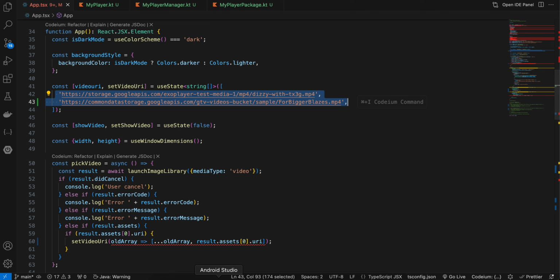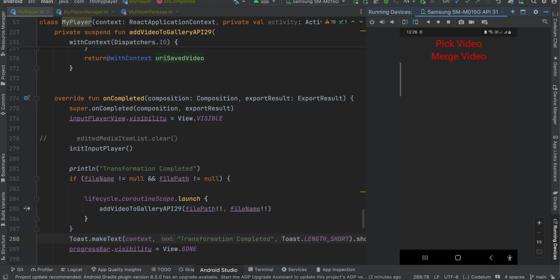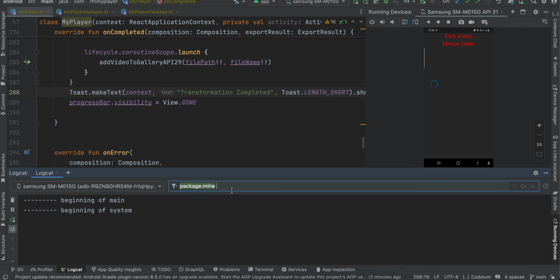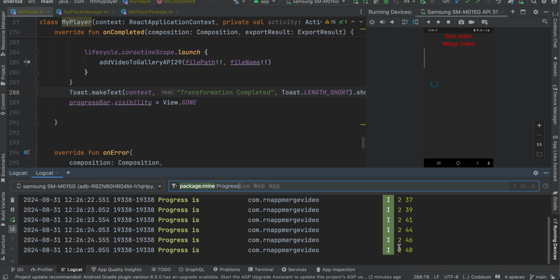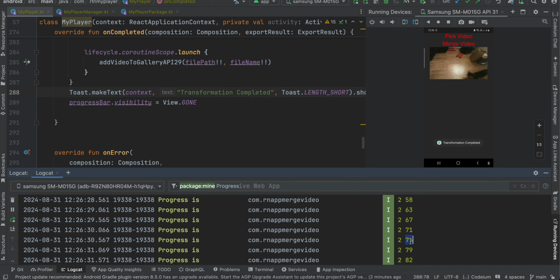Now I'll just click on merge video. If I go to logcat, here it is displaying a progress bar. It will merge those two videos together, and it will also save that particular video inside our external storage, on the user's device. Here you can see the actual progress. The 2 which you see is the progress state, and the 50 which you see is the actual conversion progress, how much has been